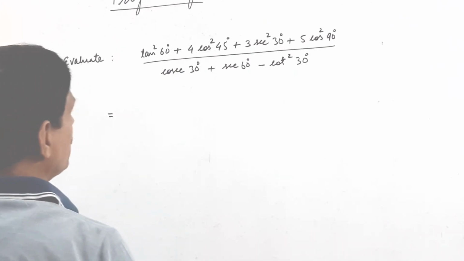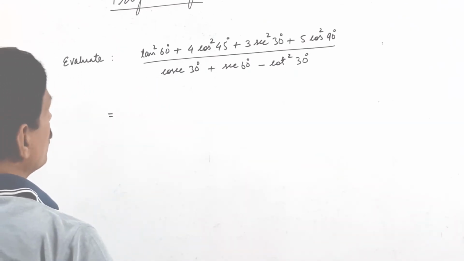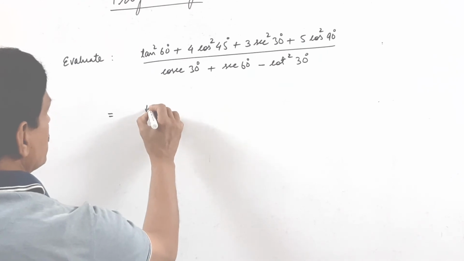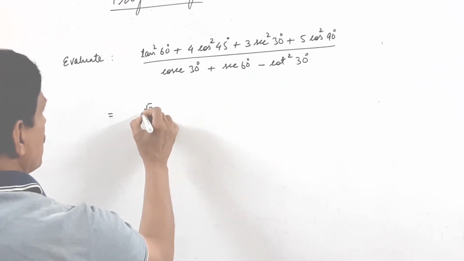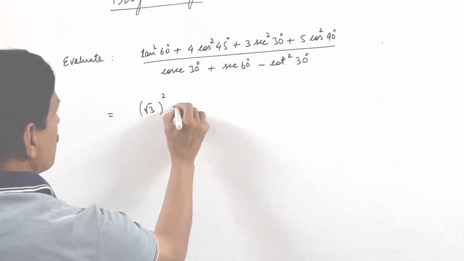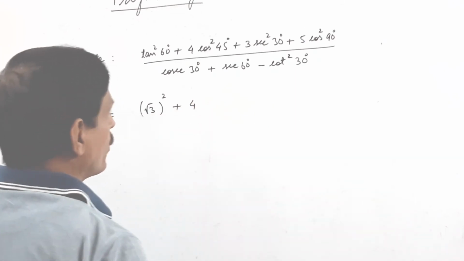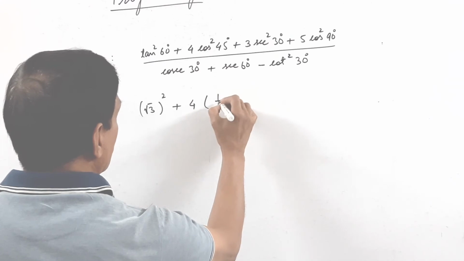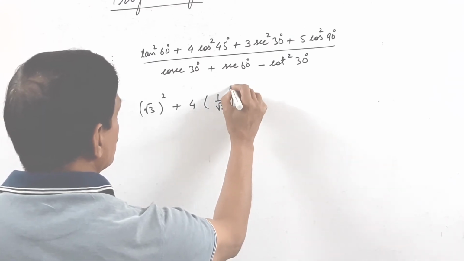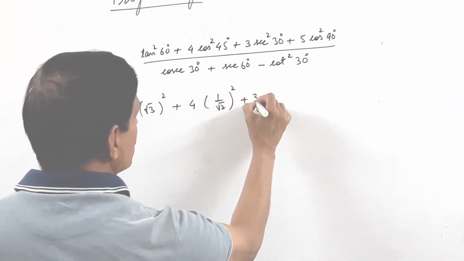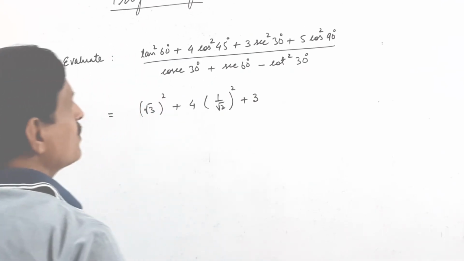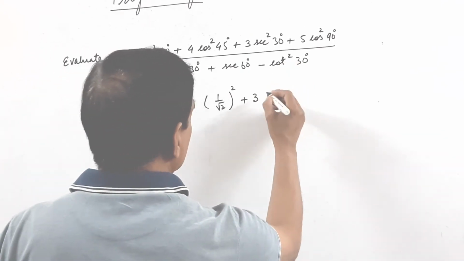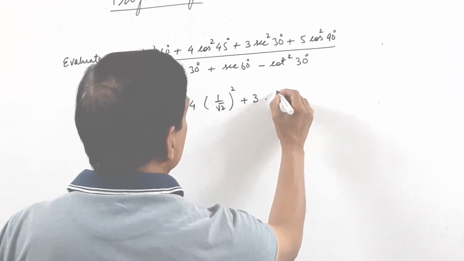Tan 60 is root 3, so its square, plus 4, cos 45 is 1 upon root 2, 1 upon root 2 square, plus 3, sec 30, that is 2 upon